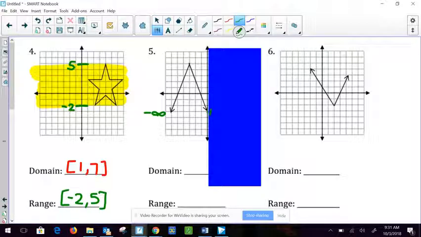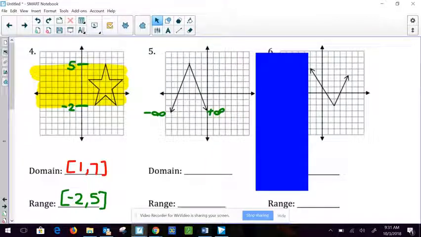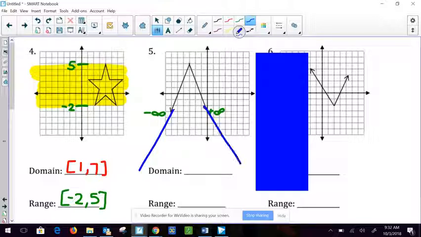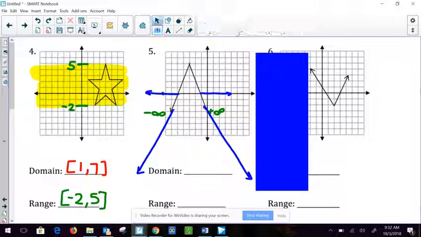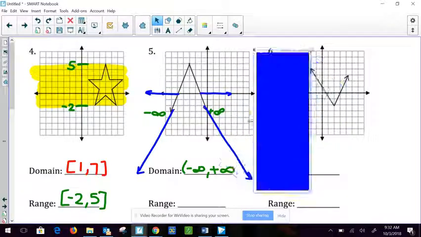So this side is positive infinity, meaning if I were to extend this graph out to keep going and going and going, it would keep getting wider and wider forever and ever. So it's going to keep going all the way to the right, and it's going to keep going all the way to the left because it keeps getting fatter. So our domain is negative infinity to positive infinity. That's different from the range. So now if I look at the range,